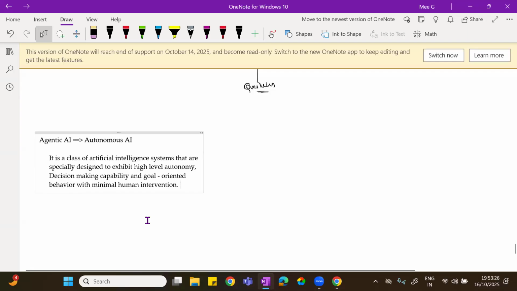This is what is called autonomous agents, which is nothing but agentic AI. Now, a simple example I can give: suppose you are asking a question on a particular topic.